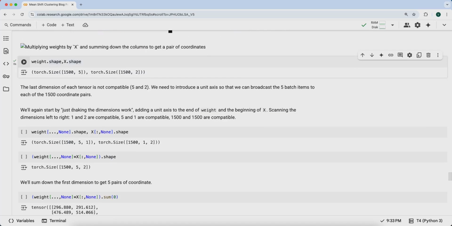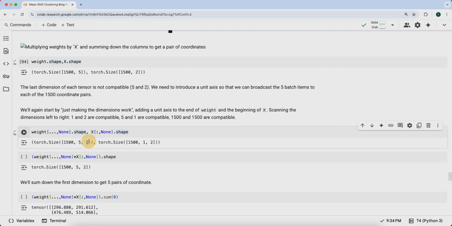So we're going to start by just making the dimensions work, and then we will make sure we understand the result, and then we'll do another visual to look at it. So what I'm going to do is add a unit axis at the end for my weights, and then add a unit axis in the middle for my data set coordinate pairs. So now each of these weights can be broadcasted to both coordinates. I can broadcast these coordinates to each item in the batch, and 1500 and 1500 are already matching,